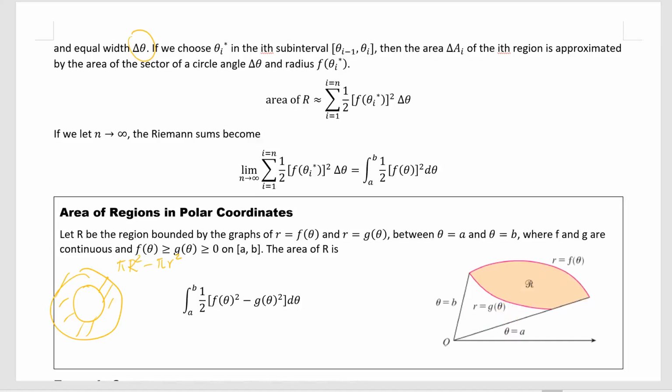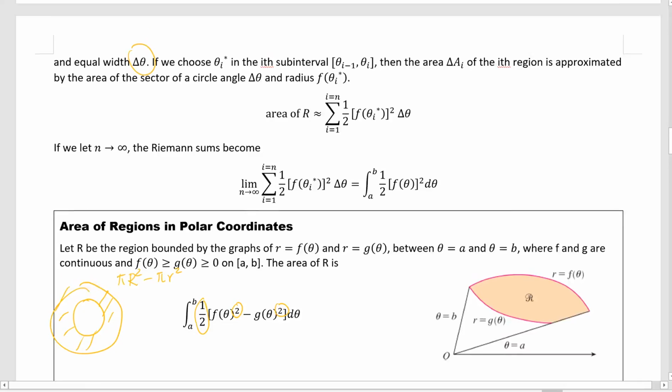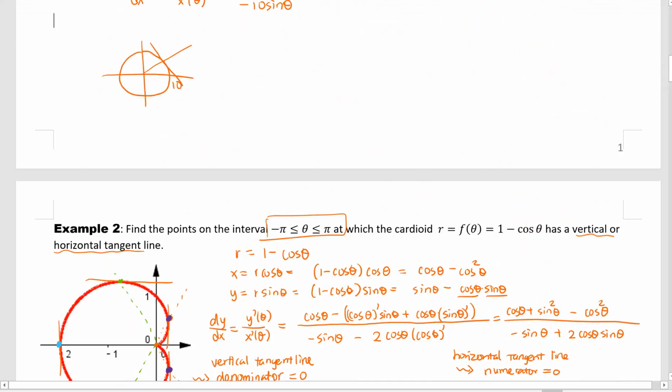Couple of things, be careful. Well, for our regular function, for the area, you usually use f minus g, but here is square. So don't forget the 1/2 and don't forget the square. Okay, everybody? All right, so let's